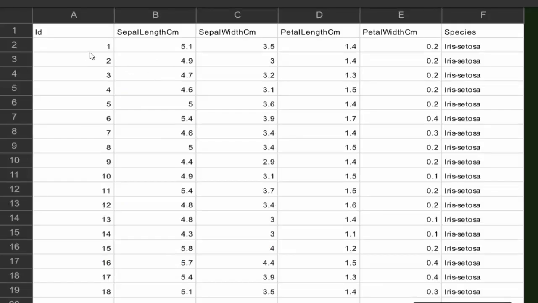It is a CSV file. In this iris dataset, there are a total of 6 columns. First one is ID, then sepal length, sepal width, petal length and petal width. And the last column is actually the output, which is species, Iris setosa. Same way, there are different species of flower and all the data is listed in a CSV file. We are going to predict the optimal number of clusters.